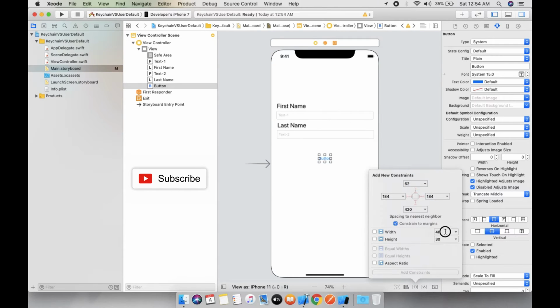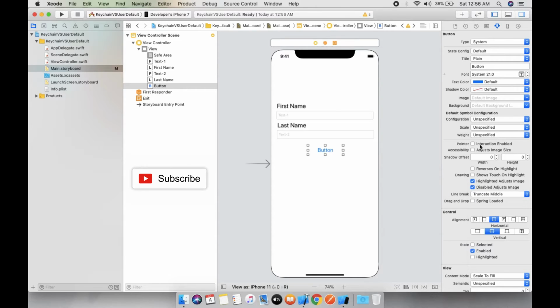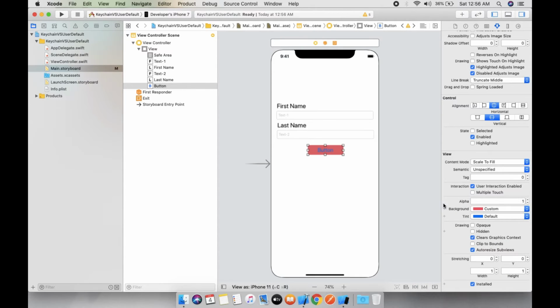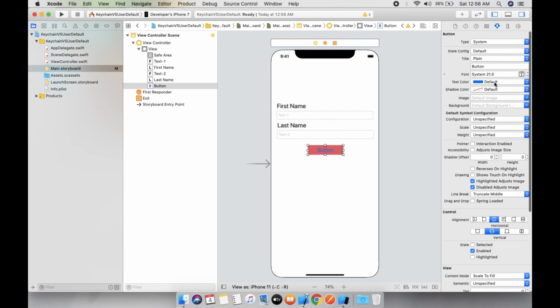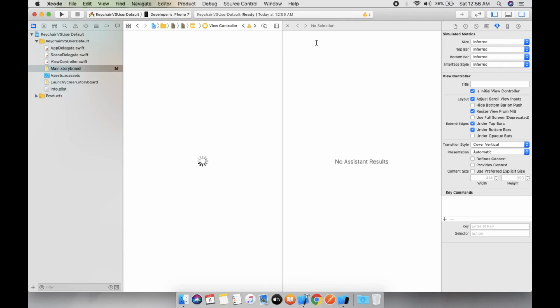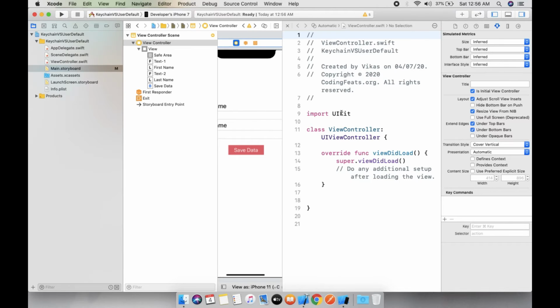So let's set width and height to 30, and the background color of this button is this, and text color white, and title save data, right? So let's connect outlet and action in storyboard.